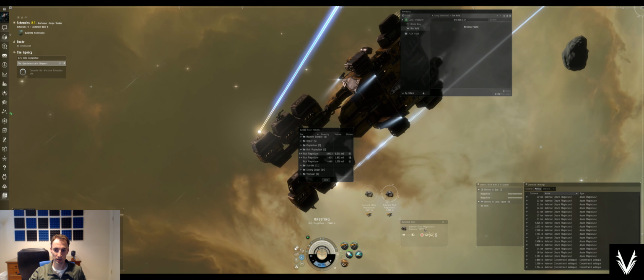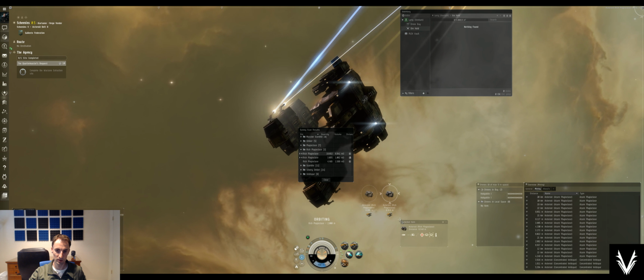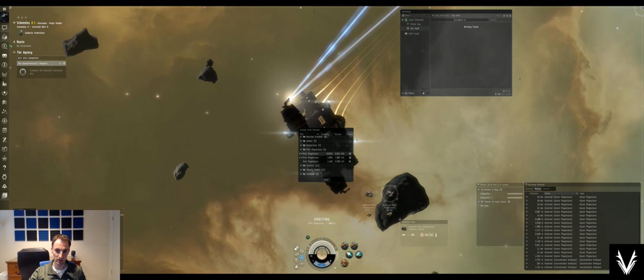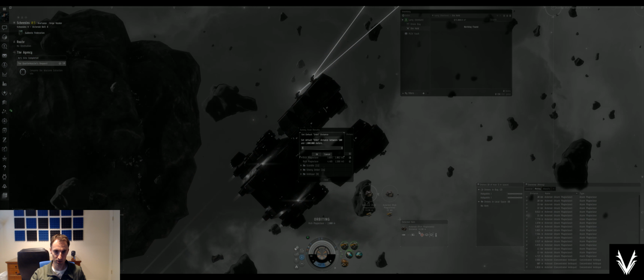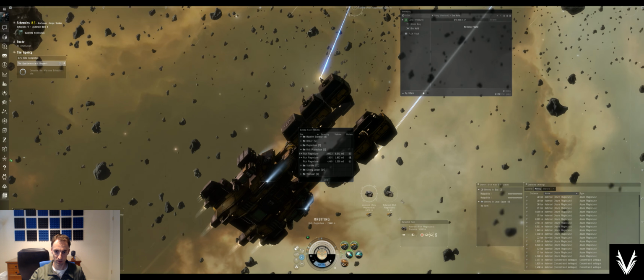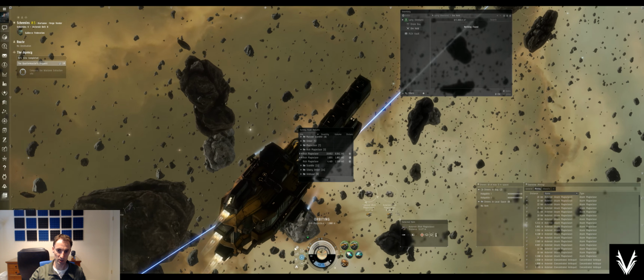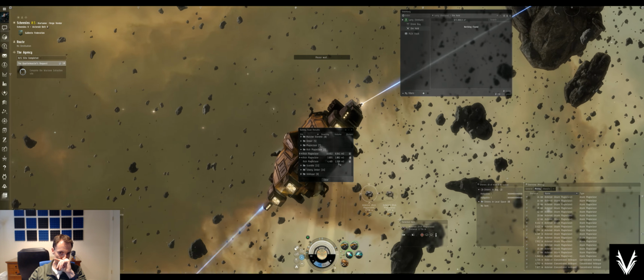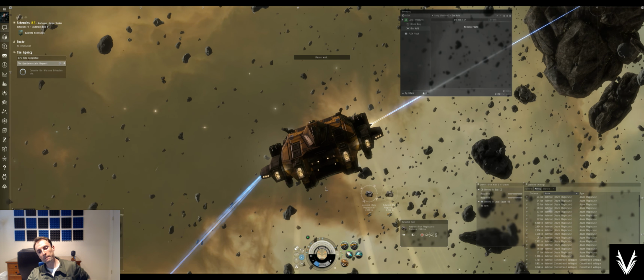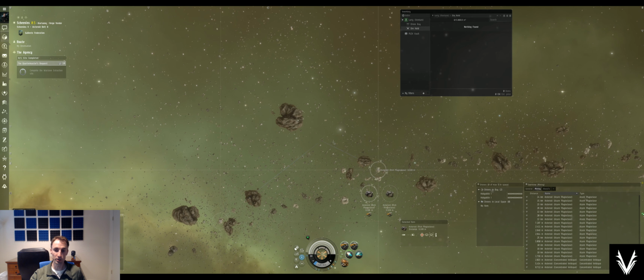We're going to have to change the orbit to 1,000 kilometers, or I'll just stop myself. There's no reason to be orbiting. All right, so when we talk about bookmarks, or at least how I might view and use them